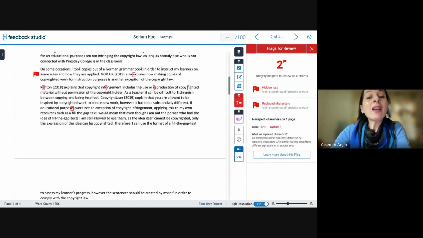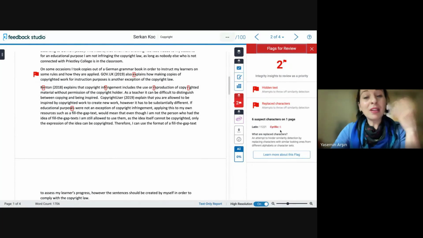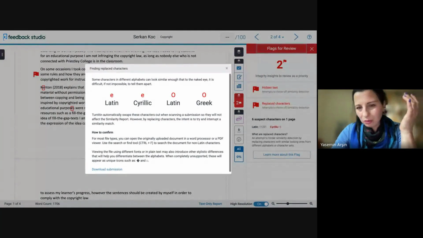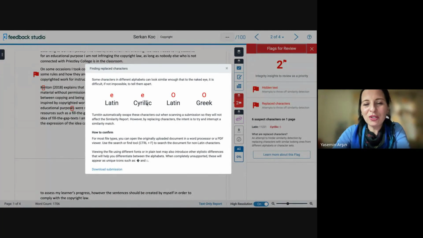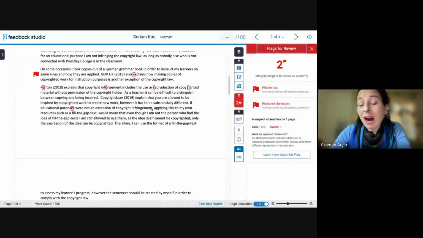And then another issue might be, this is an assignment written in English. It must be Latin characters, but there are Cyrillic letters, and you might see Greek. They might be pronounced in a different way. I'm not familiar with any of the languages, like the Cyrillic alphabet or Greek alphabet, but as you can see, Latin E is similar to another character in the Cyrillic alphabet, or Latin O is similar to O, let's say, in Greek. And I've seen it even in a thesis, I can tell you.